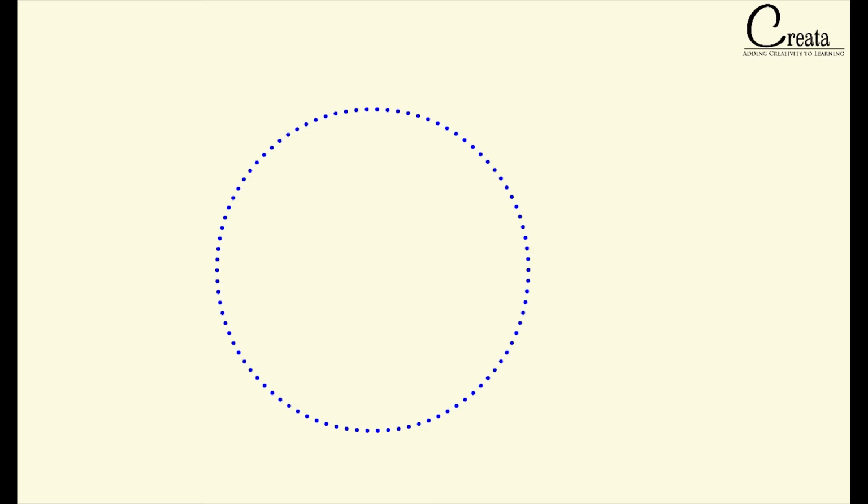We all know this is a circle. But if you analyze it further, you will find that a circle is made up of several points. These are all points, and all these points are at a constant distance from the fixed point at the center. Means the distance of each and every point from the center will be the same. This distance is known as radius. Radius is fixed for the circle and it does not change.